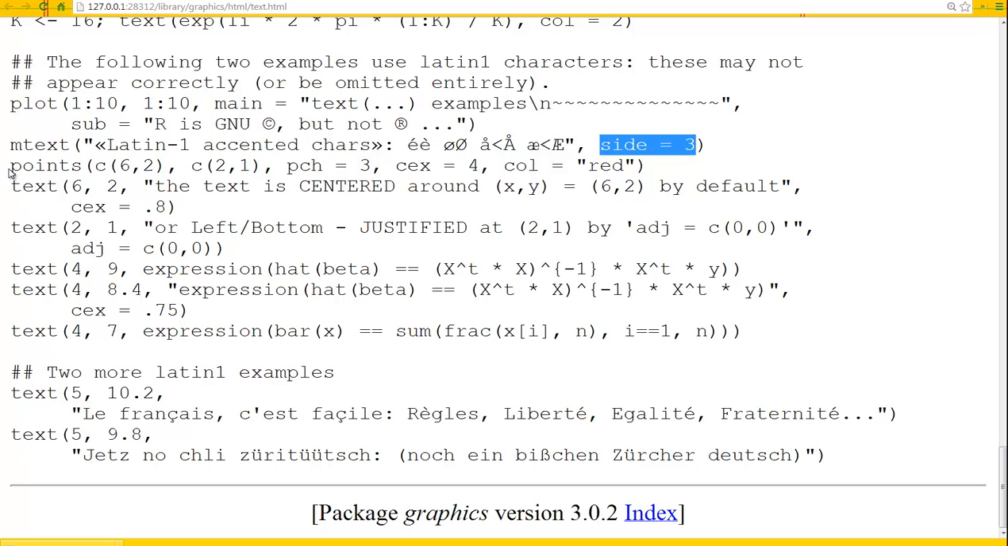Now points, we're going to add some points. I guess we haven't seen this function, but I think we can figure out that it's just throwing in some points. It's a low-level function that can be run after this to plot some extra points. So 6, 2 and 2, 1 with this style of dot, and this size and this color. So let's try that. And then we're going to do text. Text is going to be located at 6, 2,